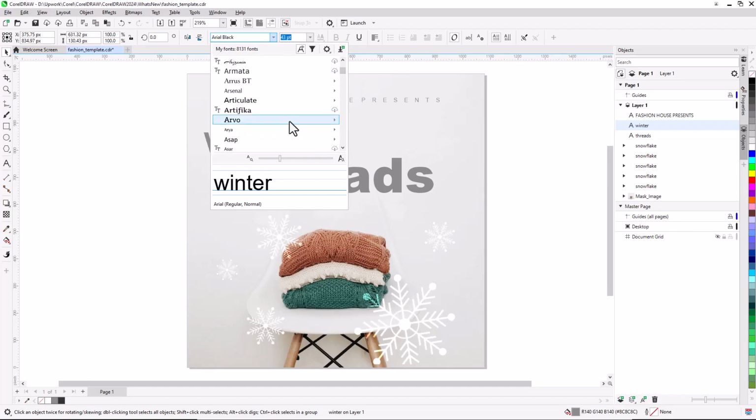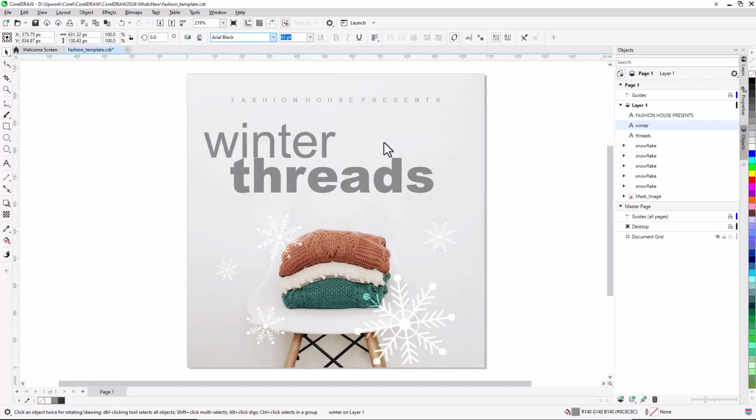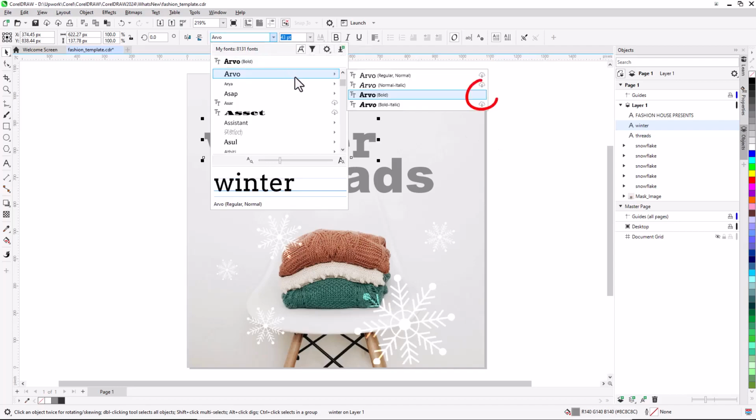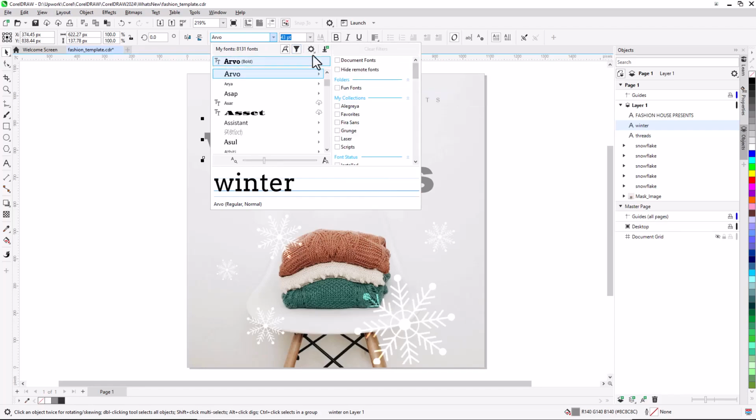For example, Arvo is a Google font family, and each font can be previewed when hovering. Choosing one of the fonts for use automatically downloads and installs the font. Returning to an installed font shows that the cloud icon has disappeared. If you don't want to see remote fonts in the list, open the font filter and check the box to